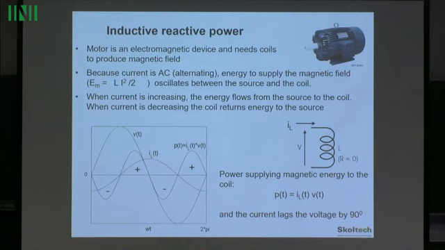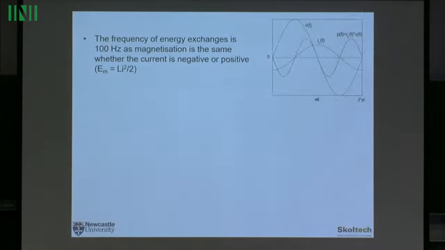So remember that because current carries, of course, energy, and the power supply in a magnetic circuit is current times voltage. And remember, the current lags voltage by 90 degrees, as is the case on this diagram. So the frequency of energy exchanges is 100 Hertz, because everything repeats itself twice in each cycle. Energy is always positive, Li squared divided by 2 in terms of the coil, where L